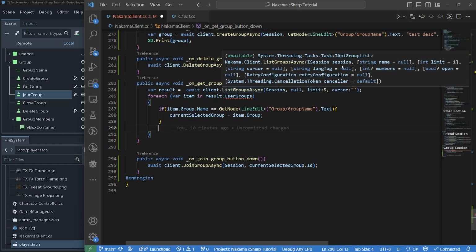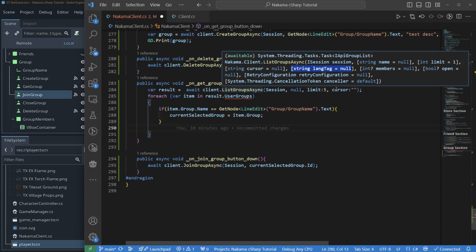So what's really cool is you can really define what this is going to be. The name is just a name that we can define, so you could basically say, here's a list of the group names that I'm willing to join. The limit is the limit on the number of groups, so how many we're going to be able to pass in. The cursor is where we're currently at in the stack, so basically what index we're at. And then the language tag. So really, mostly what you're going to use is the name, the limit, and most likely the language tag and